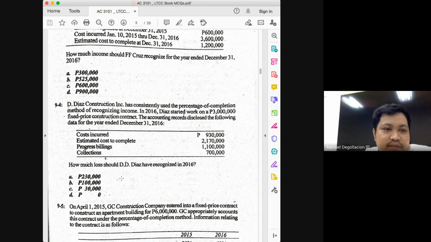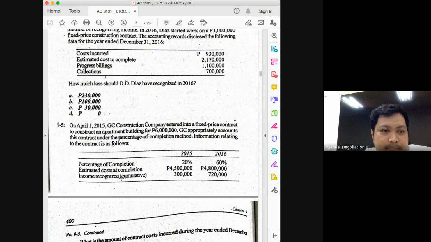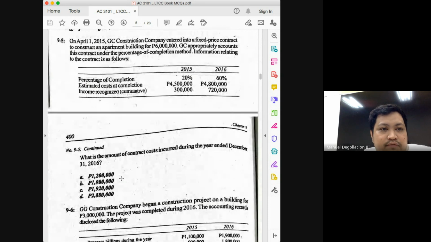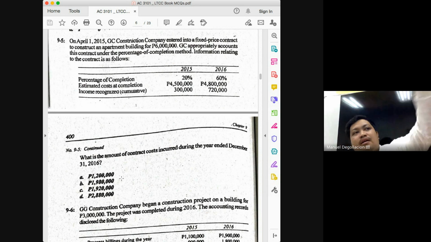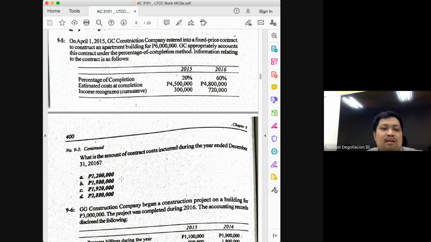We'll also discuss the MCQ in Milan. 9-5. What is the amount of contract cost incurred? Okay, so this is now where it gets difficult, class. Instead of having to solve for the RGP, you will be given the RGP, and instead you will be asked to work back and solve for the things that we normally use to solve for your RGP. We use the cost incurred somewhere, class, to solve for RGP, but here the RGP is given.